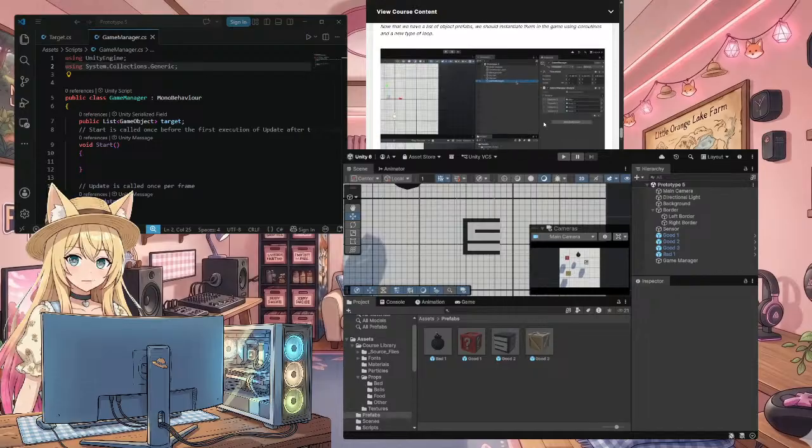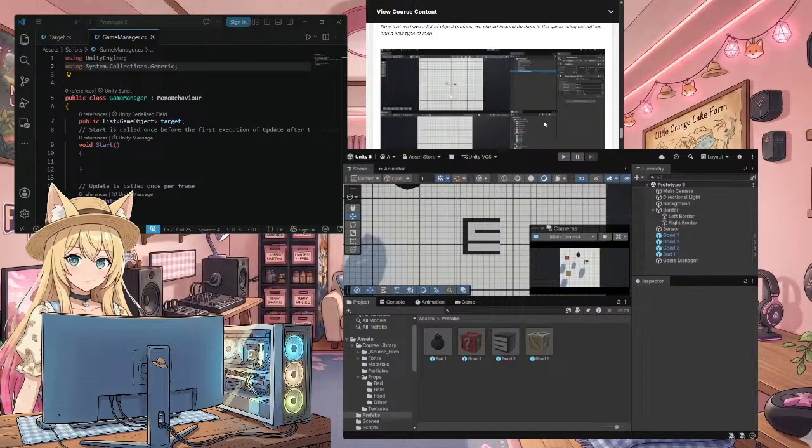That has our game manager script that now can control all of the different prefabs that we have. Now,